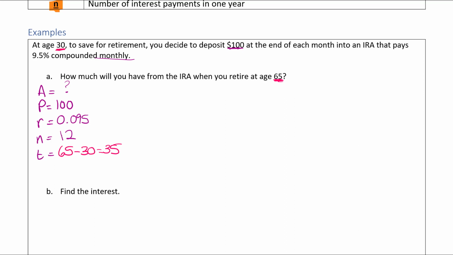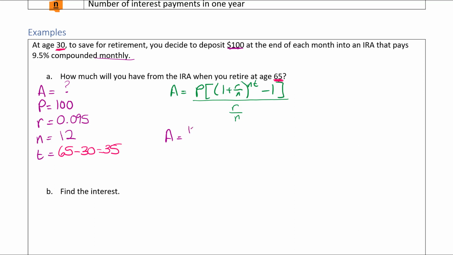So then I'm going to go ahead and grab my formula from above. A equals P, bracket, 1 plus r over n to the nt minus 1, close your bracket, all over r over n. So when I plug my values in, I have A equals